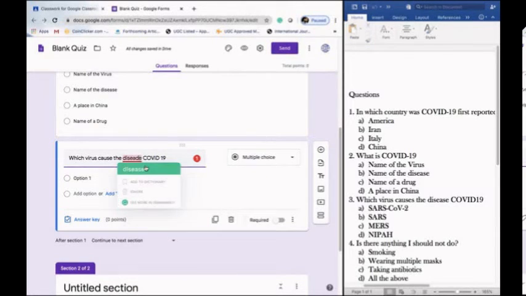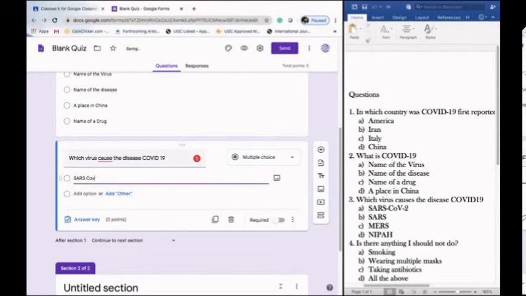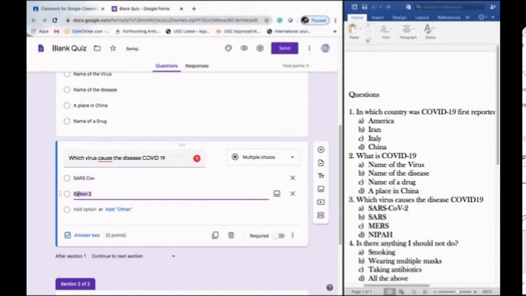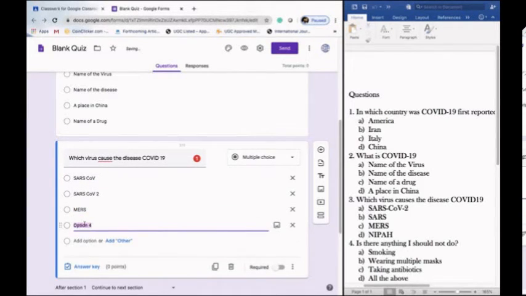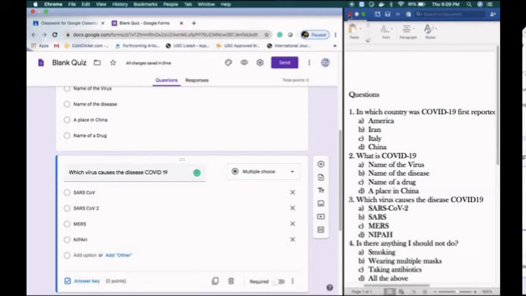The first option is SARS-CoV, another is SARS-CoV-2. Let me just correct it. Is it MERS? Is it Nipah? Okay. Now done. Now let me close this file.